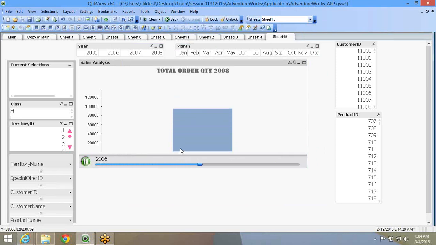So you can see that animation. And at the bottom, next to the play button, you can see the year also getting populated. So that's the animation bit of it.